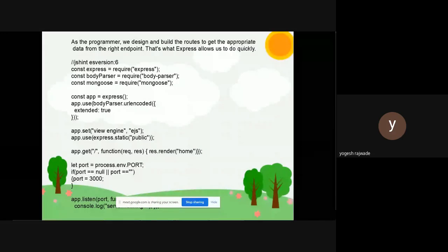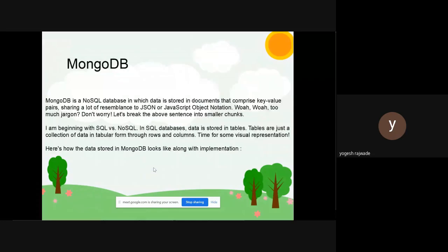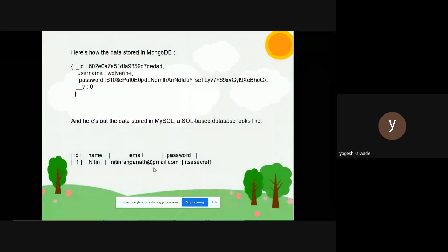After requiring Express, it needs to be utilized with code which has some routes, like for getting some data, or rendering some data to the user interface. So here's some basic code, and after that